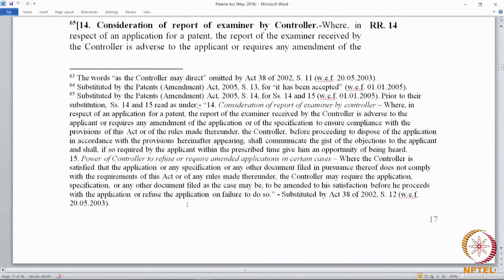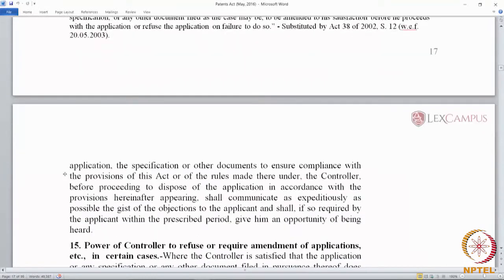Section 14, consideration of report of the examiner by the controller. Under section 13, the examiner prepares a report and the report is now sent to the controller. Section 14 states that where, in respect of an application for a patent, the report of the examiner received by the controller is adverse to the applicant or requires any amendment of the application,